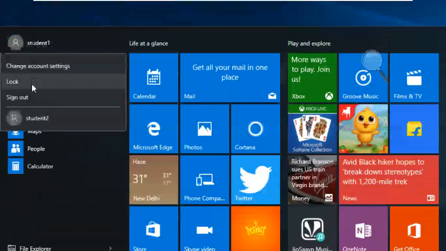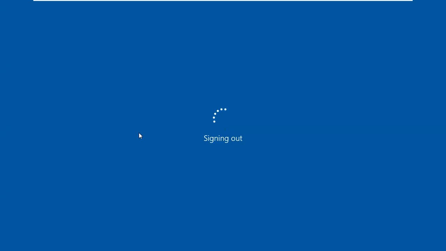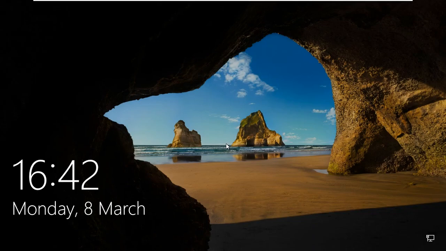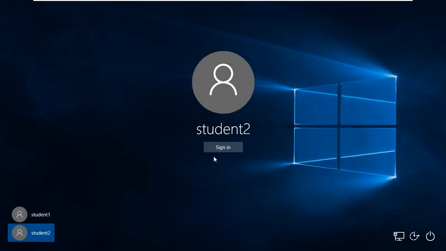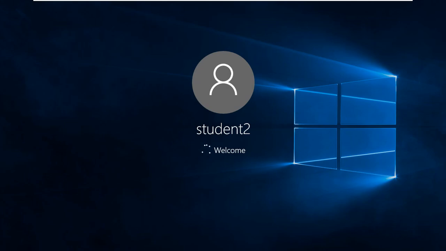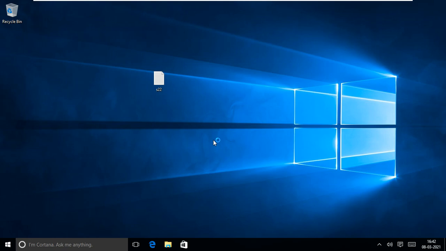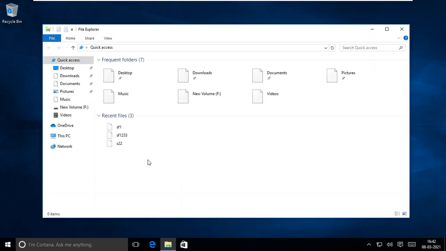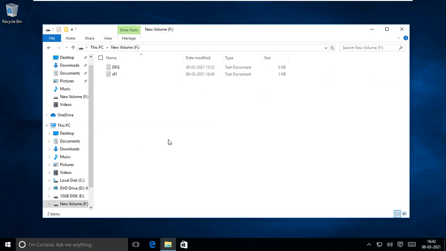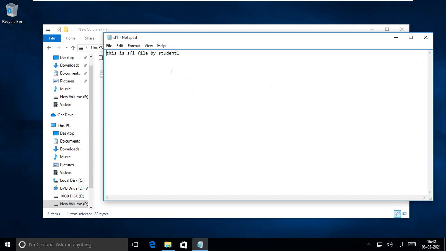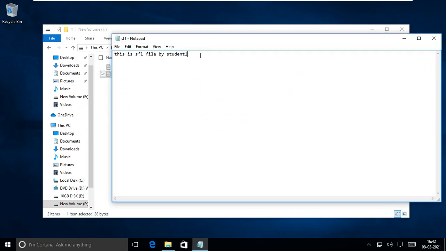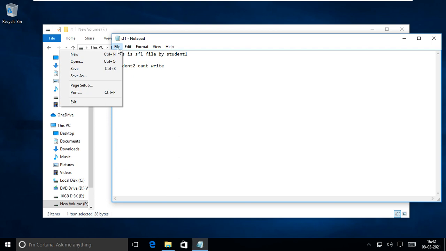I'm switching to student2. Go into that file of drive sf1. See, we can read it, but we can't write it. So student2 cannot write anything.